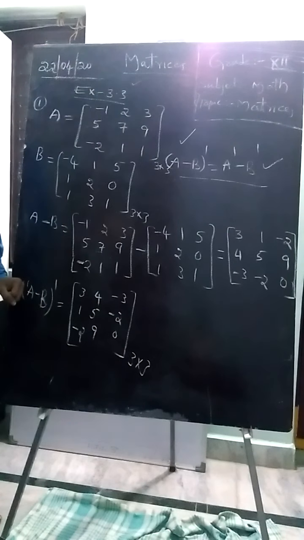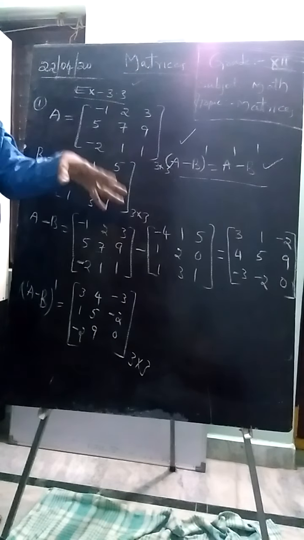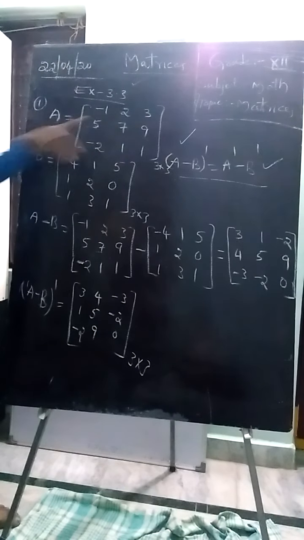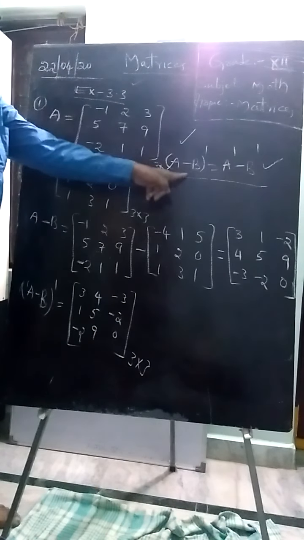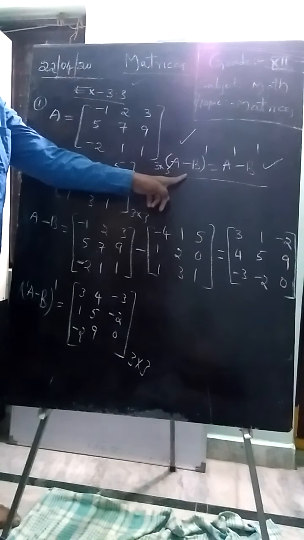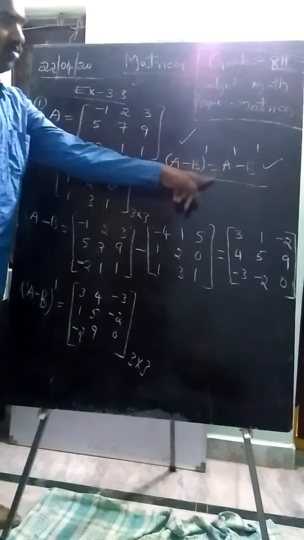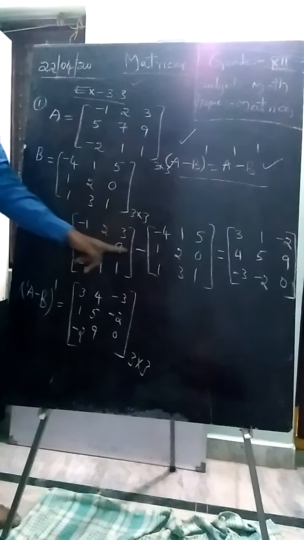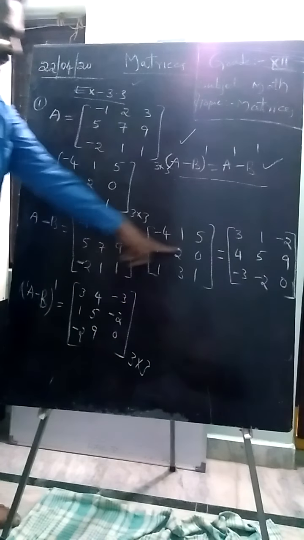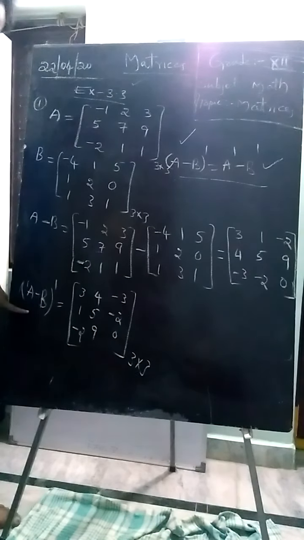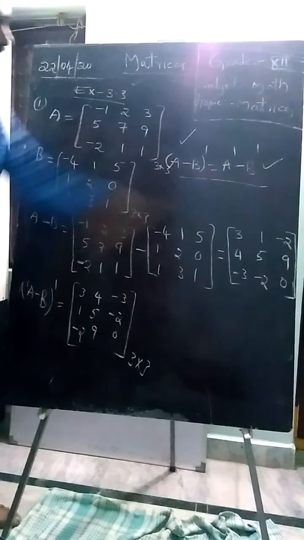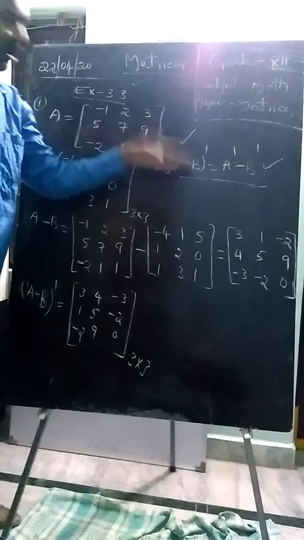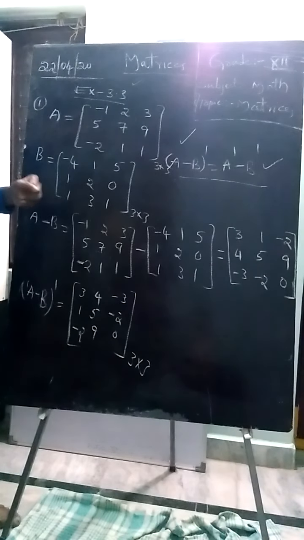Students, we are continuing the topic we discussed in previous classes. We consider two matrices of 3 by 3 order. Then we are checking the property on subtraction, which is A minus B whole transpose equals A transpose minus B transpose. Now we found A minus B, as you know how to do subtraction. Then after we got A minus B and found its transpose, we will check it against A transpose minus B transpose. If these two are equal, it will be true. Yes, it will be true, no doubt.